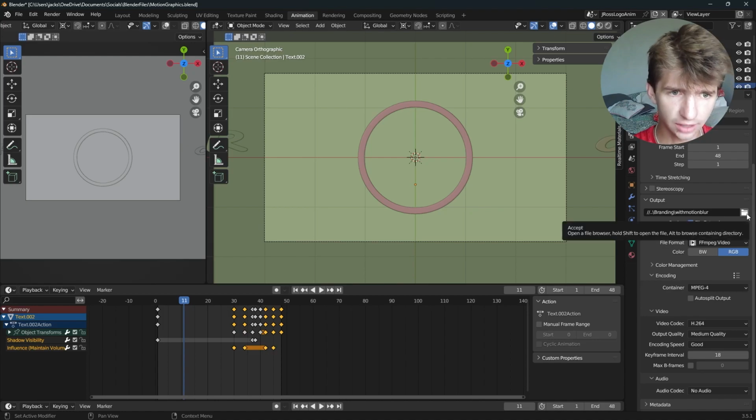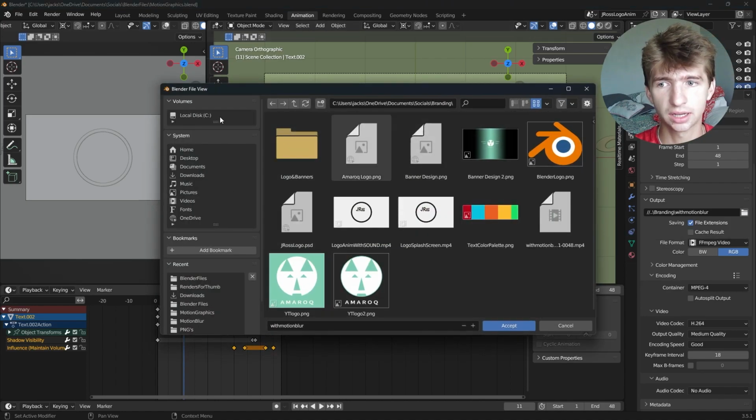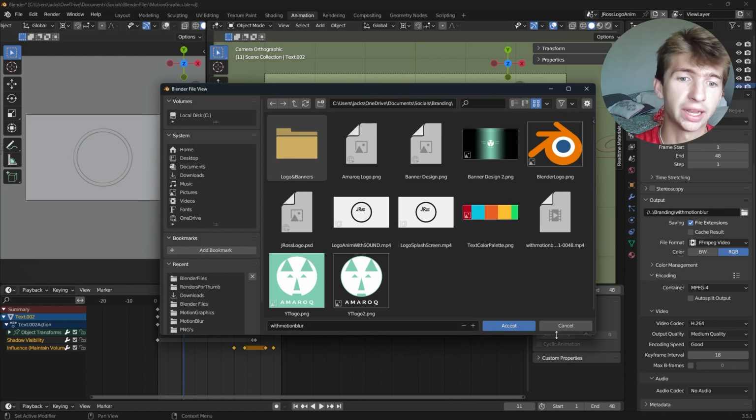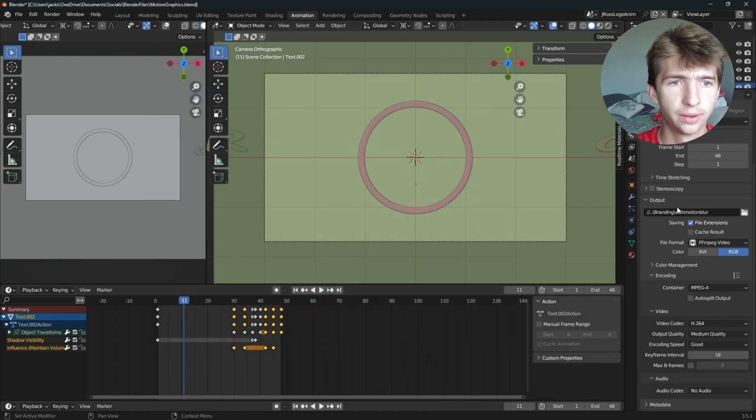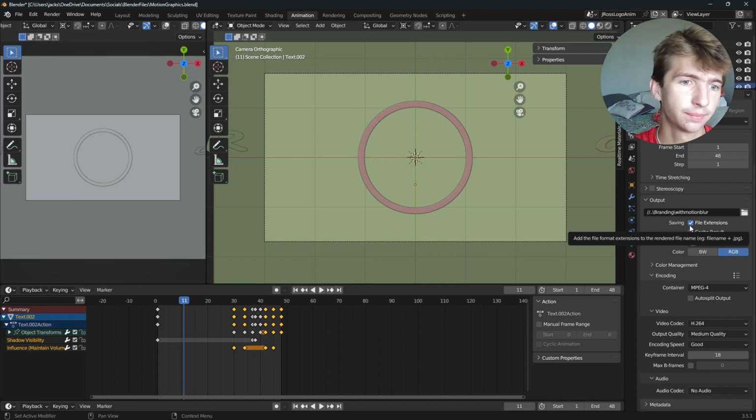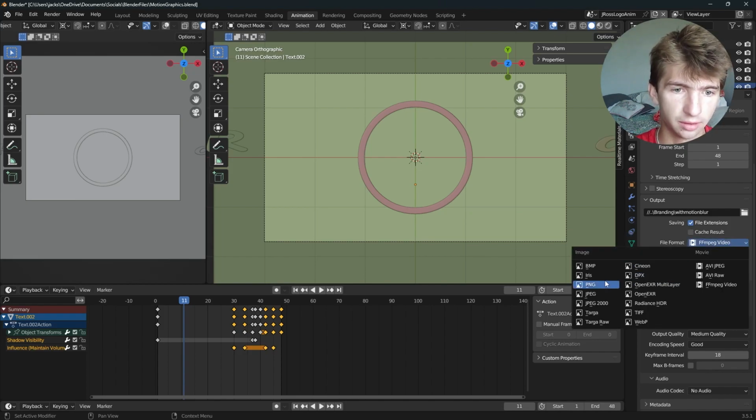Now the location, if you want to render it to a specific file, just select this folder right here and navigate to where you want it on your computer and render it there. Now, if you want to render it as a PNG sequence, you can render it with a PNG and it'll